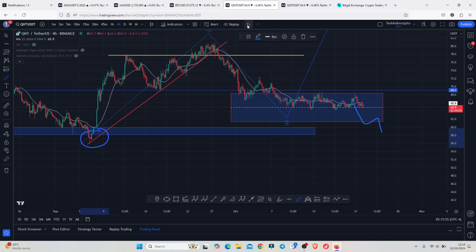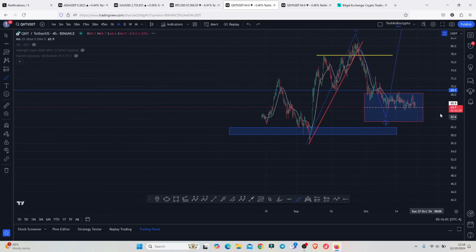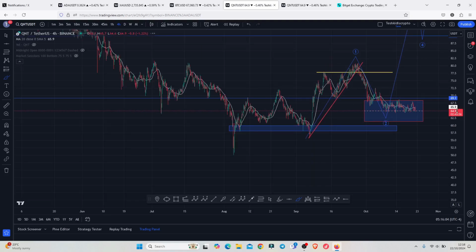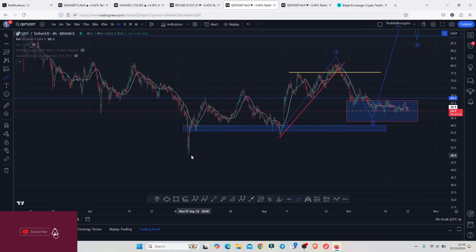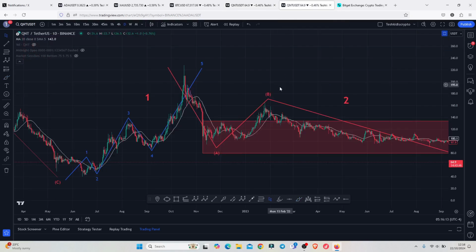And the moment we lose $56, which is the low over here, then I will be expecting further breakdown moves to give us a reset of the lows that we made on the 5th of August below the $50. And the moment that plays out, that will be putting QNT at a higher risk of further breakdown moves, and that is better seen here on the daily chart, because on the daily chart, I believe that we got our